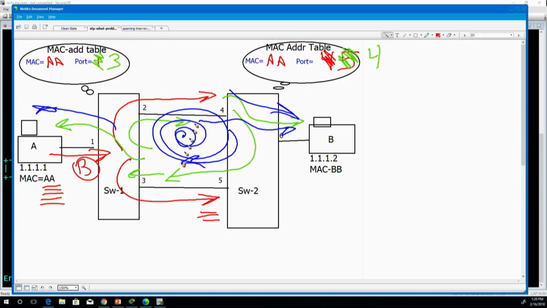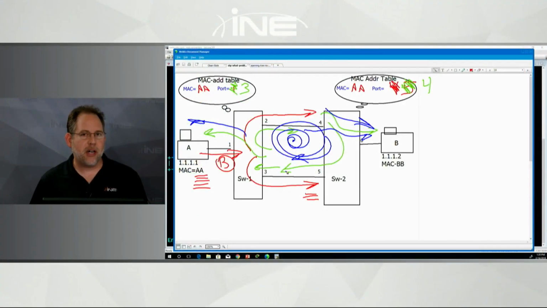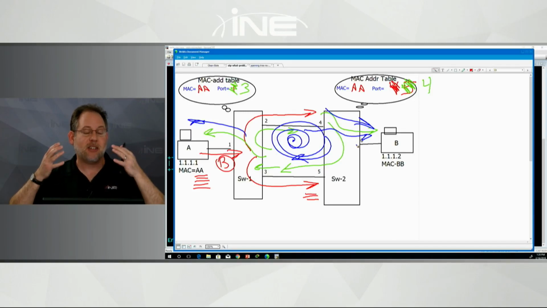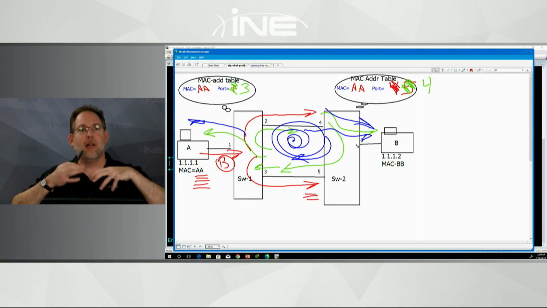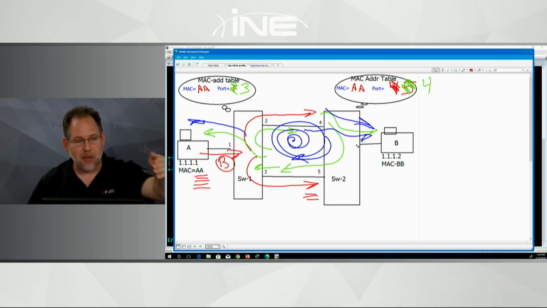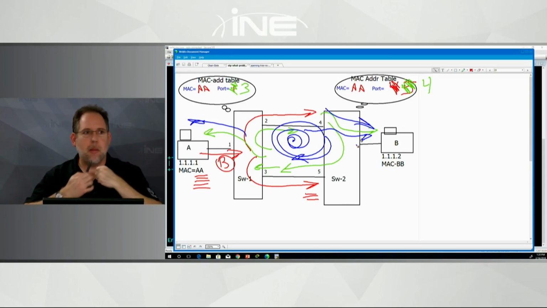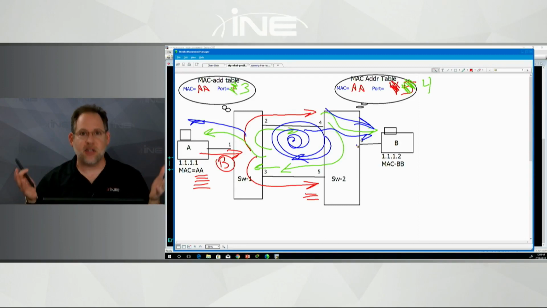Remember, if these links are, let's say, Fast Ethernet links, which means they're capable of 100 million bits per second, and the forwarding engines in these switches, the actual ASICs, are responsible for taking a frame, looking it up, and forwarding it out. They can do that process millions or tens or hundreds of millions of times per second. So in 1 second of time, how frequently do you think this broadcast frame is being hit by A, and